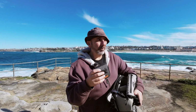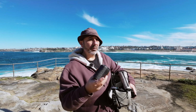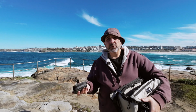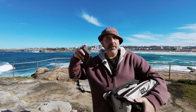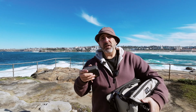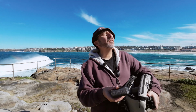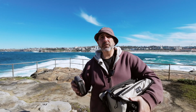So what I'm going to do is put the circular polarizer on first, get that sorted out, and then put the 10 stopper on and blur out the water. You've got lots of waves here, and the beach is a great test for it, because you get rid of the glare from the circular polarizer, and maybe enrich the skies, because a circular polarizer will make the skies a bit more saturated. And of course with the 10 stopper, hopefully I'll get around 5 or 6 or 10 seconds, depending. It's a bit sunny today, so I probably won't get that long of an exposure, but good enough to make the water